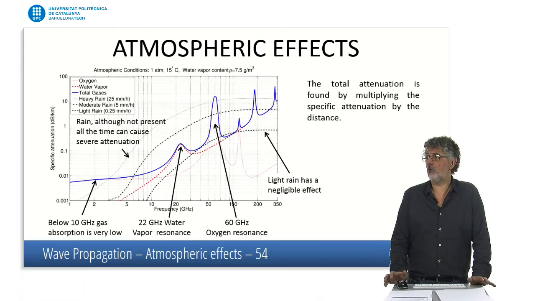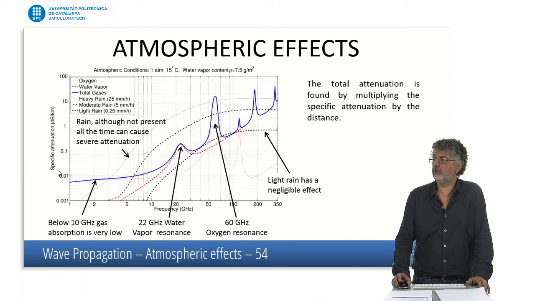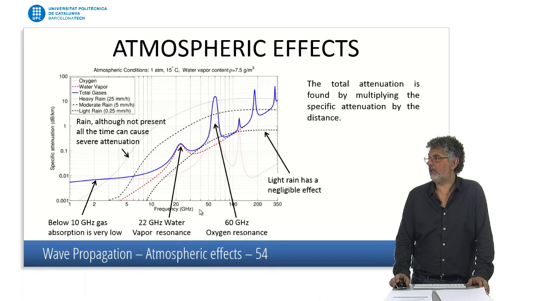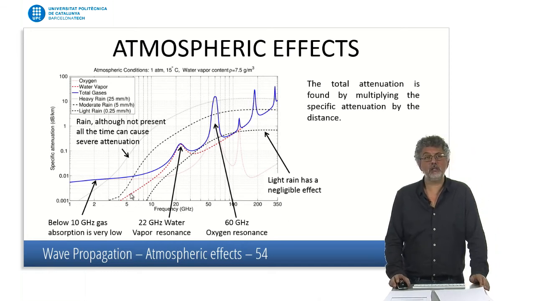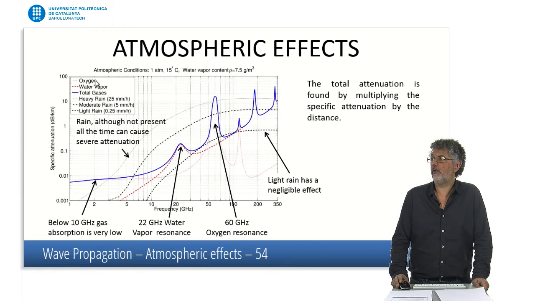Now, this is the usual graph that represents attenuation due to atmospheric phenomena. Here we have what we call specific attenuation expressed in dB per kilometer. And here we have a frequency scale, and then we're representing the contribution to attenuation of different factors. First we have gases, that's oxygen and water vapor, and we can see that, for instance, oxygen is this red line